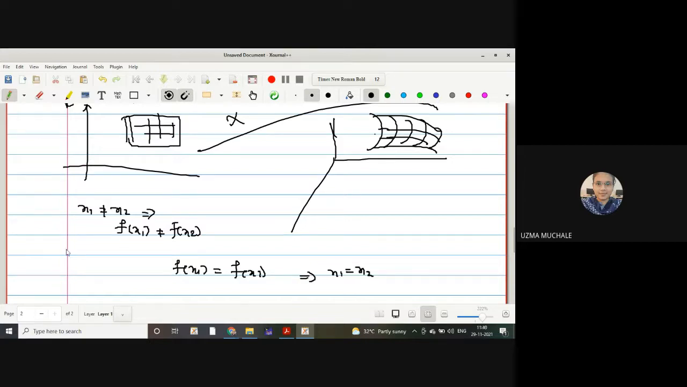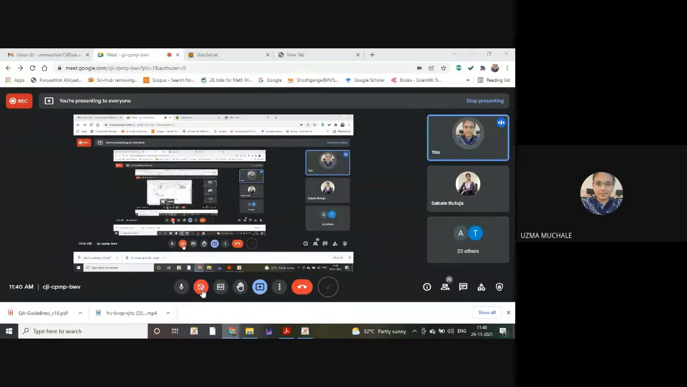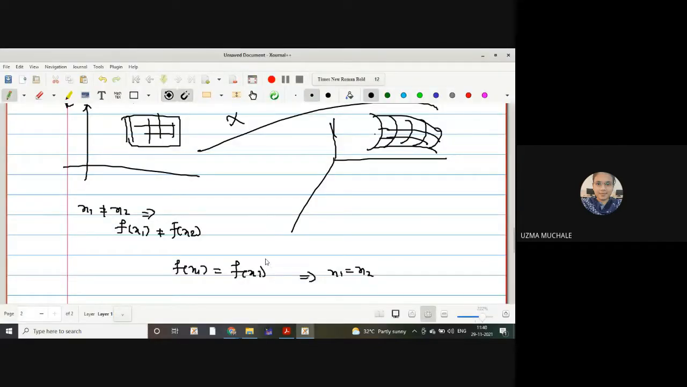Okay? Contrapositive, right? So different elements have different images. In another way, you can use in another language as this: f of x1 is equal to f of x2, it implies x1 is equal to x2. Now, suppose